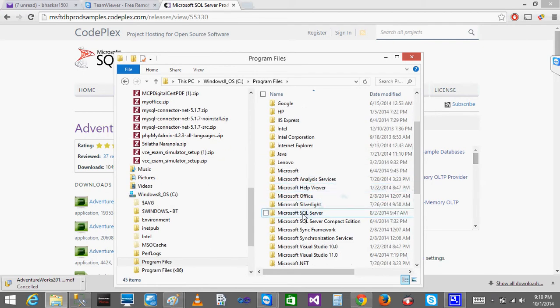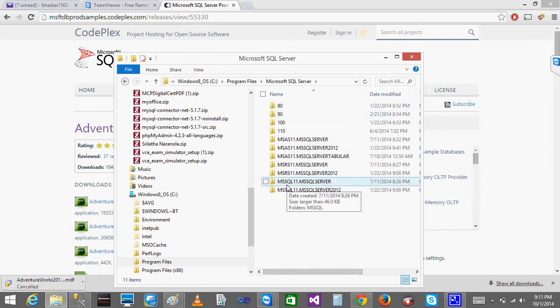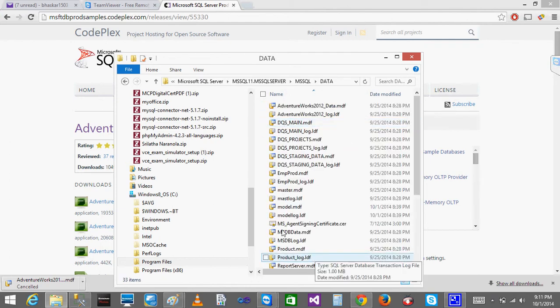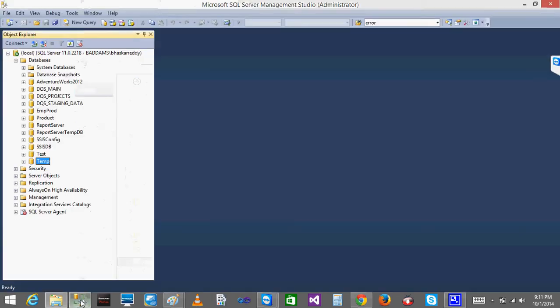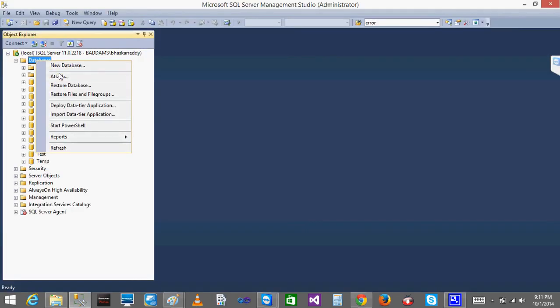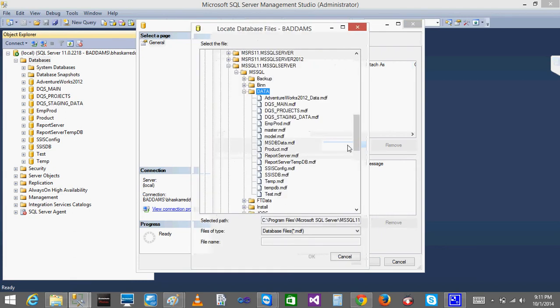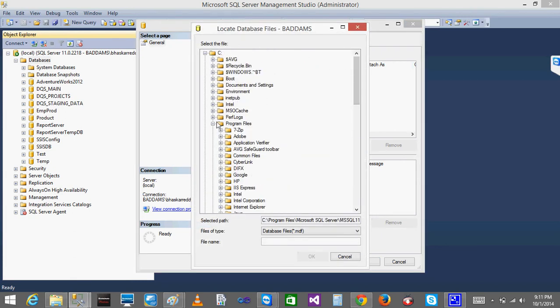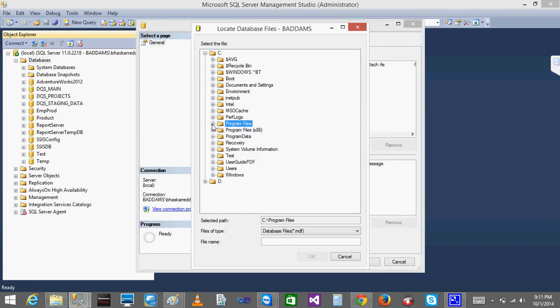Go to SQL Server. Under SQL Server, go to the MS SQL Server version folder, and there go to the MSSQL folder. I'll show you, don't worry. Under the Data folder, paste those files, then go to the database, click on attach. By default when you click add, it will not show anything, it will only show that one. Under Program Files it will only show the folders that exist, or else you can create a folder on the C drive and do it that way. That is the other way to do it.